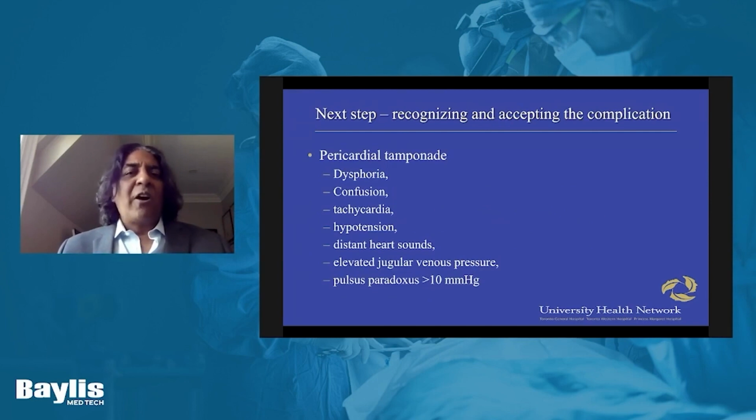The next step is actually recognizing and accepting that you did have a complication. The biggest one I do worry about is pericardial tamponade, so hemopericardium. It's important to recognize these clinical symptoms: dysphoria, confusion, tachycardia, hypotension, distant heart sounds, elevated jugular venous pressure, pulsus paradoxus. But if you have any concern whatsoever, one of the simplest things you could do is take the ultrasound machine you have, look subxiphoid up to the heart, and see if there's any fluid around the heart, and see if that fluid is growing. Because if that's the case, then you've made a diagnosis,